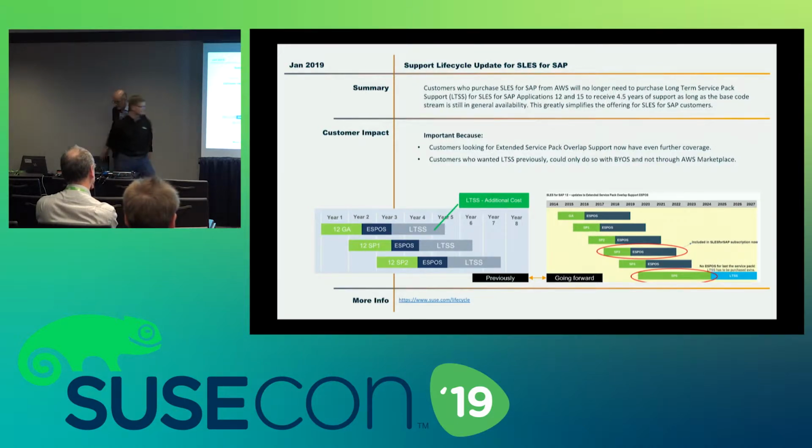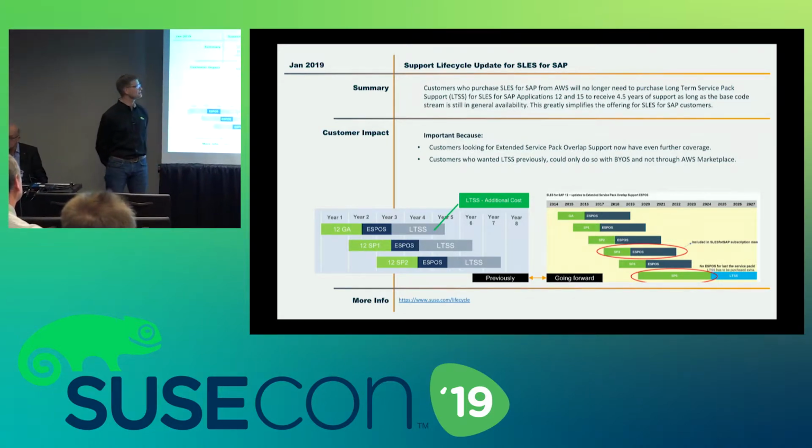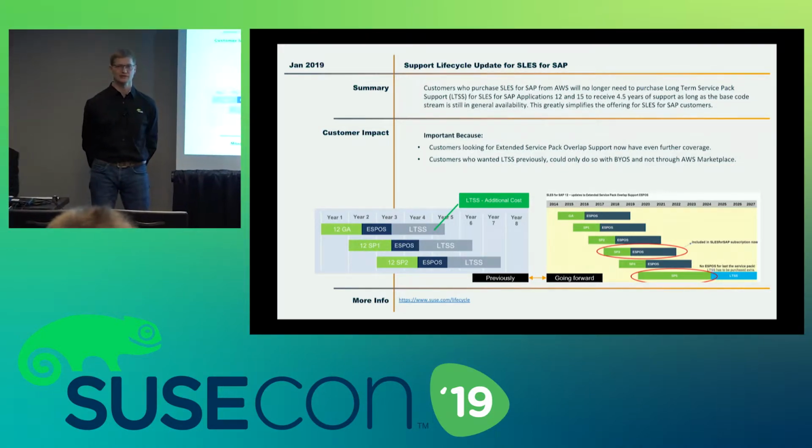With last year, we have simplified the support model for SLES 12 and SLES 15, but only for the SLES for SAP application product. That means up to last year we had 2 kinds of support model for the subscriptions. We had the major support, the extended support for the operating system, and after this time we have the LTSS, the long-term support subscription.